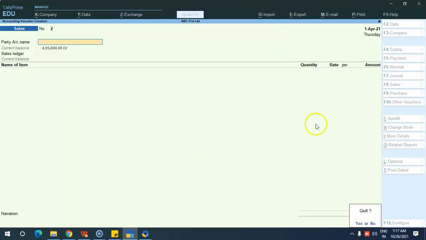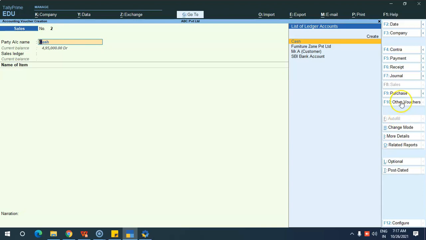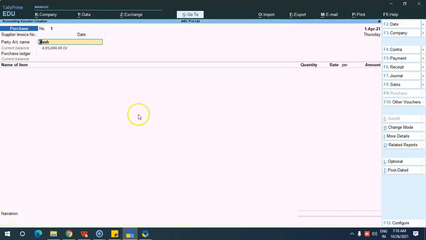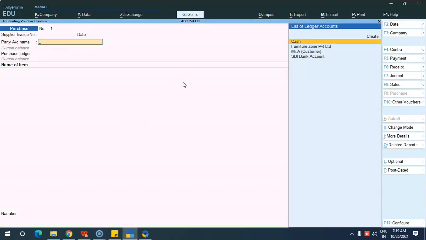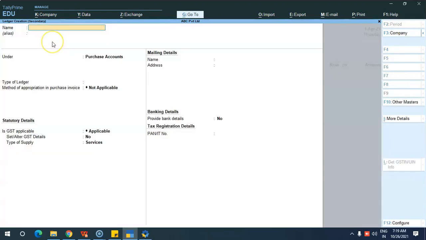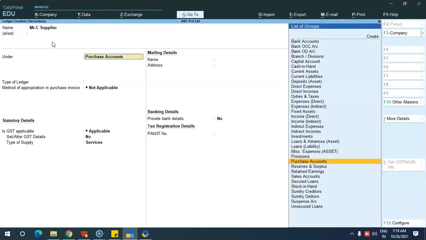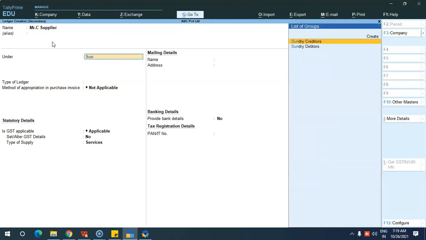Okay. Next comes the purchase. Shortcut for purchase is F9. So all the cash purchases and the credit purchases you will be entering over here. Same, only the party name. For example, Mr. P, supplier. So it already exists, under sundry creditors. Okay.